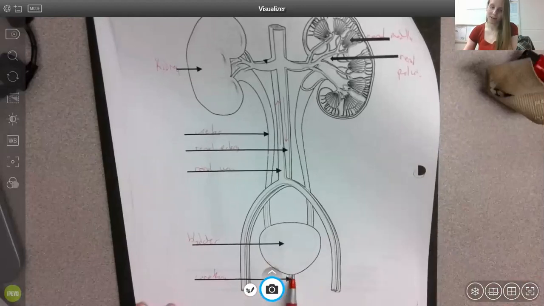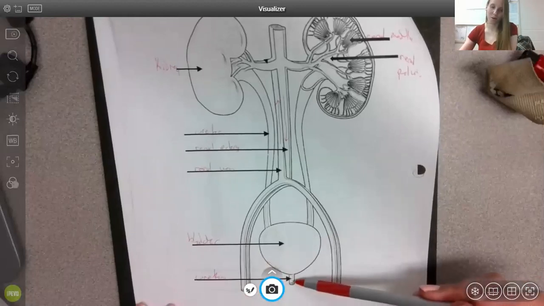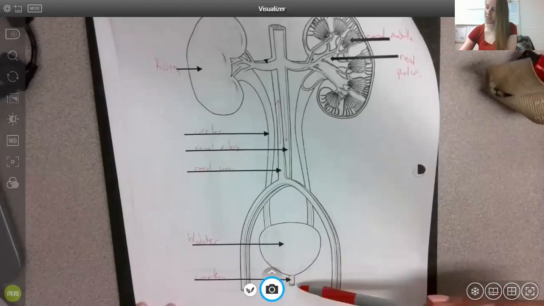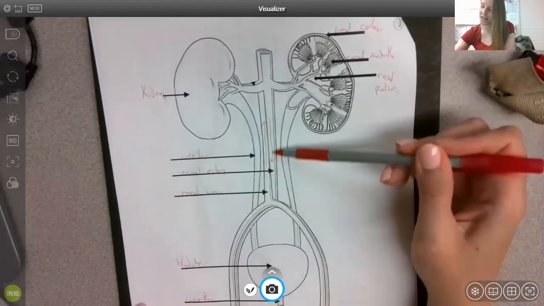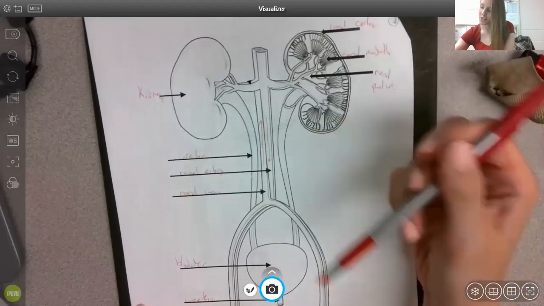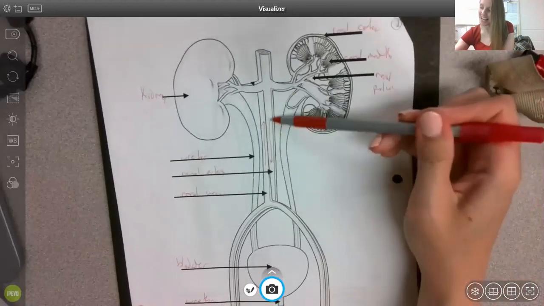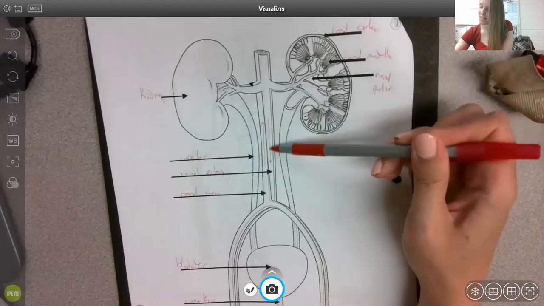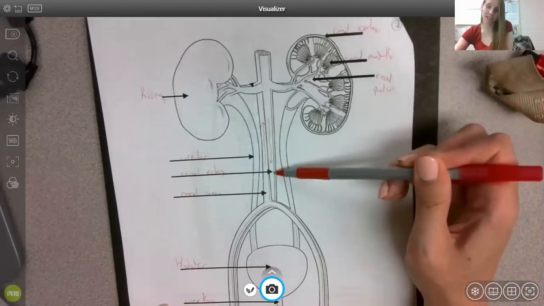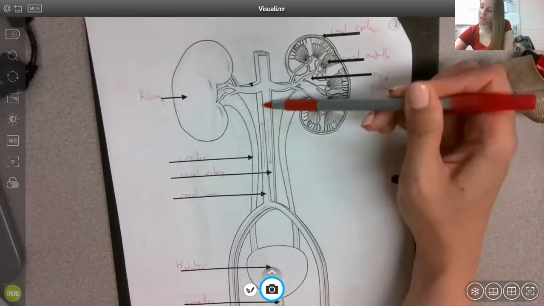There would be a little urinary sphincter right about there, and then the urethra at the bottom. In females, the urethra is fairly short. In males, it's longer because it goes through the penis. In the very middle here, we have our two blood vessels. I've drawn arrows to show which one is coming down. The one coming down is the renal artery because it's going away from the heart, and the one going upwards towards the heart is the renal